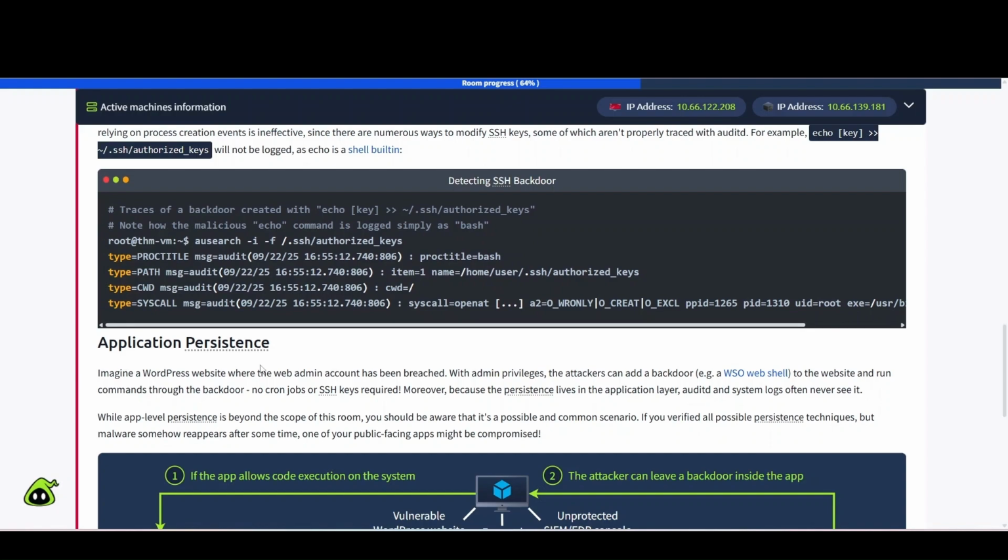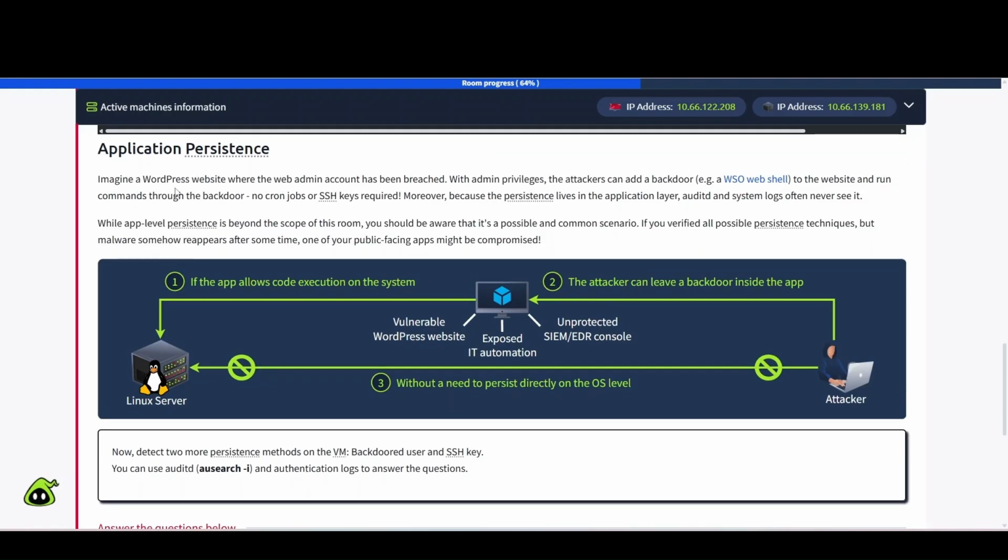Okay, application persistence. Imagine a WordPress website where the web admin account has been breached. With admin privileges, the attackers can add a backdoor, for example a WSO web shell, to the website and run commands through the backdoor. No cron jobs or SSH keys required. Moreover, because the persistence lives in the application layer, Auditd and system logs often never see it. While app-level persistence is beyond the scope of this room, you should be aware that it's a possible and common scenario. If you verified all possible persistence techniques, but malware somehow reappears after some time, one of your public-facing apps